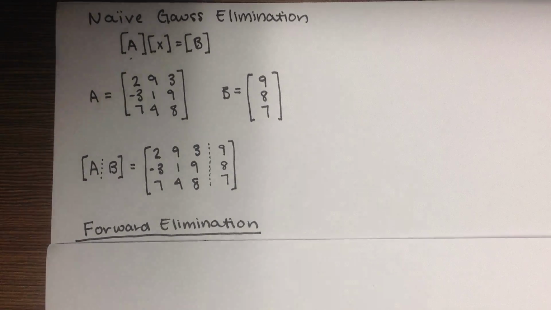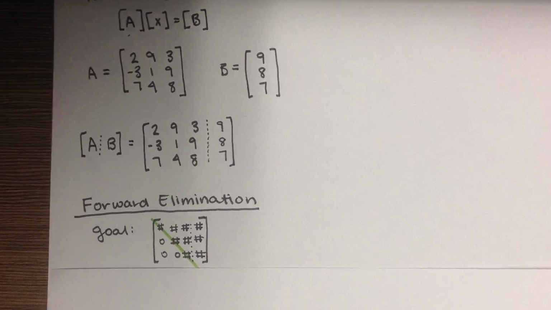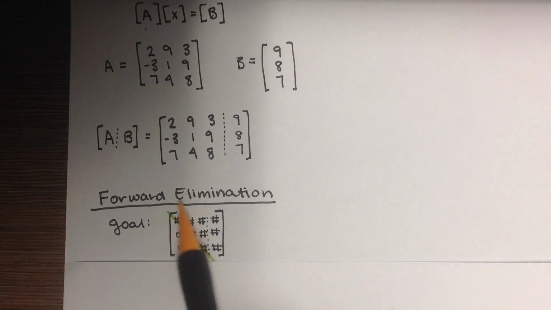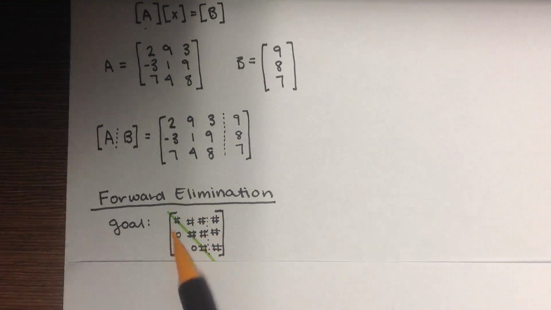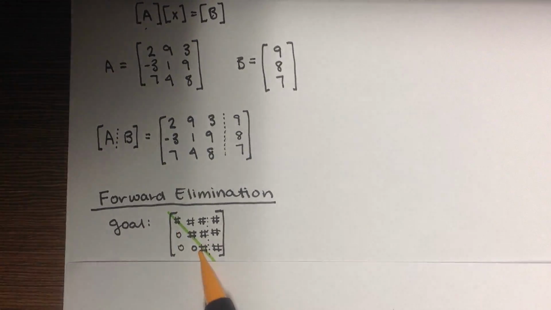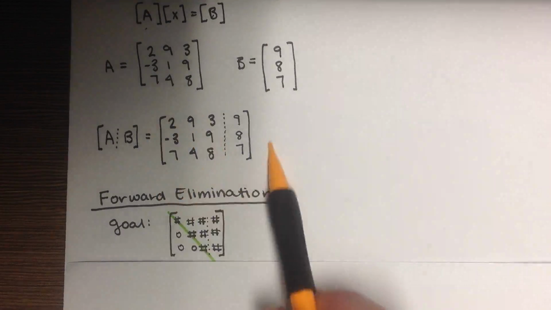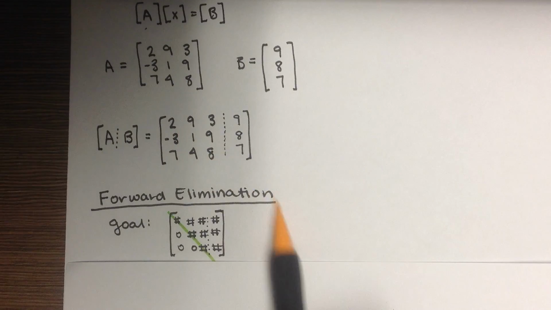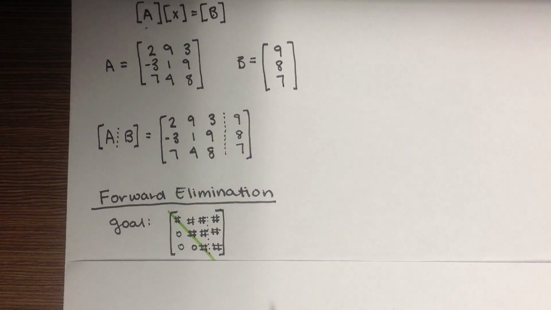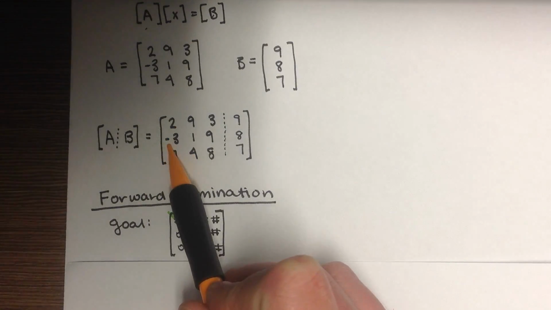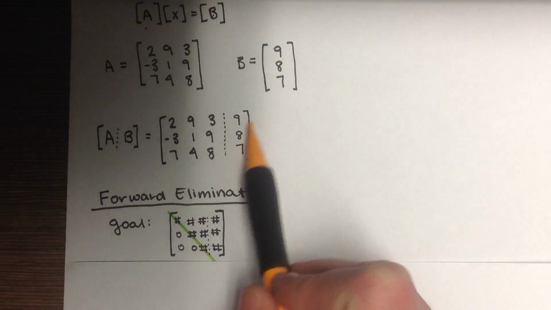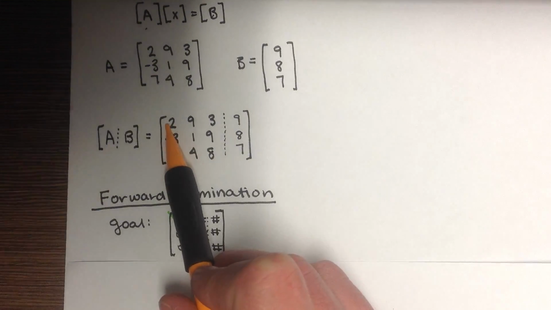In order to do this, we have one unified goal, and that is to get this matrix right here, where anything to the left of this diagonal will be zeros. So we get a little triangle of zeros. This is going to require some altering of the AB matrix, and that will be done through forward elimination. To start, we want to get this value right here to be equal to 0. So we're going to subtract this row from this row, but we want it,